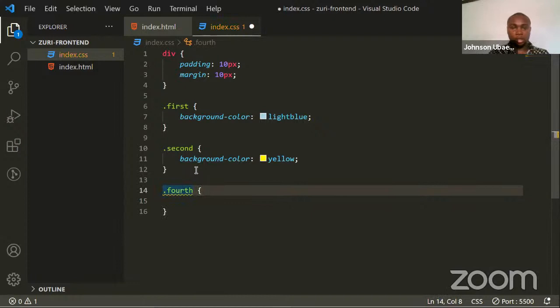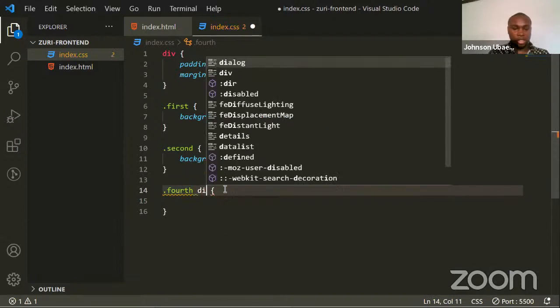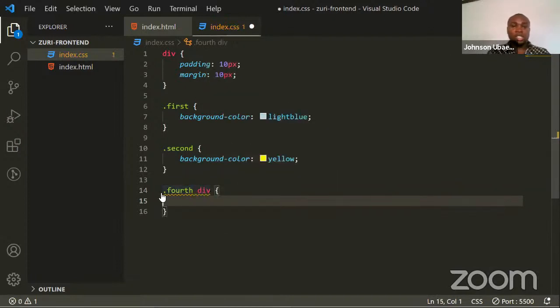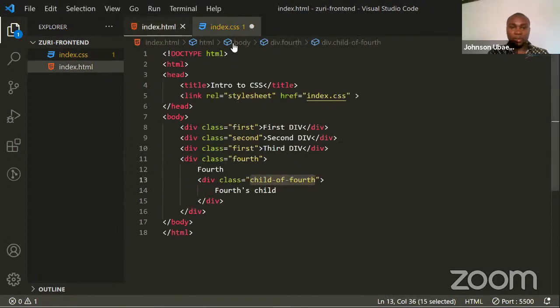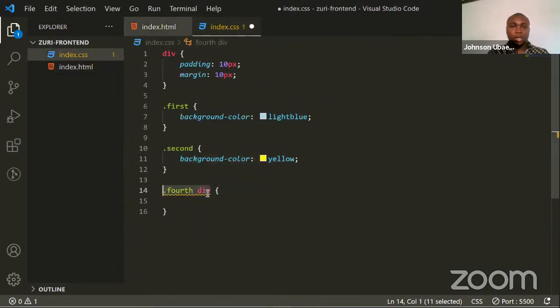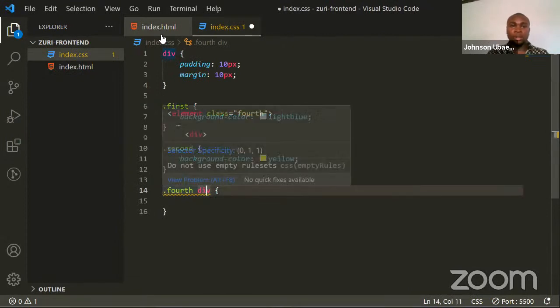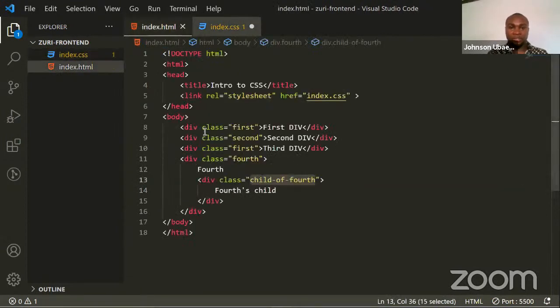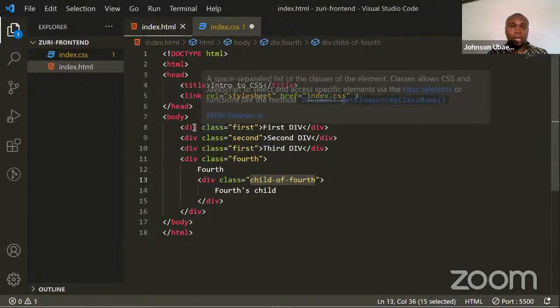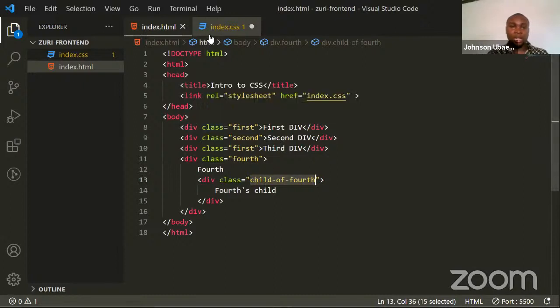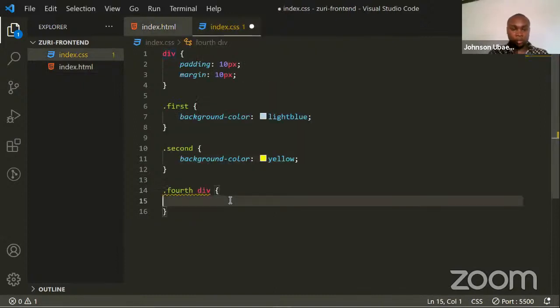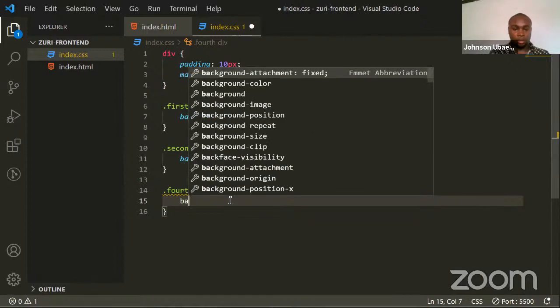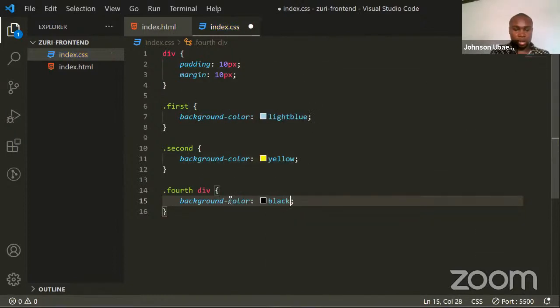All right, so I could do something like this, dot, or even div. What I just did now, I'm saying any div that is a child of fourth, that is inside of fourth, you should style it this way. This div will not affect all the other divs. You know, we have like 5 different divs right now on this site, but whatever I do here, like, okay, let me say background color black and color white,